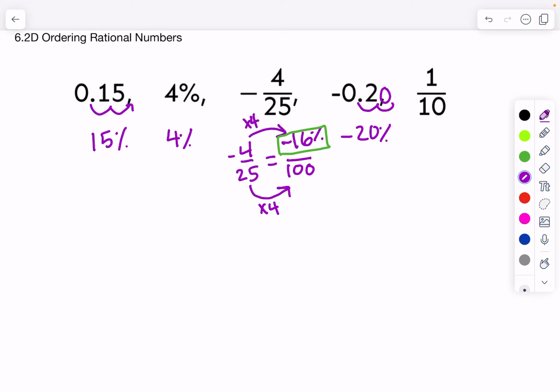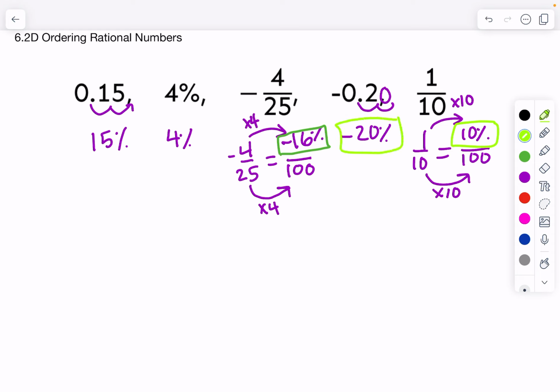I have a fraction, so I could divide or I could set up a proportion. Percent is out of 100. 10 becomes 100 by multiplying it by 10. I'm also going to multiply 1 by 10, which will give me 10%. So now I have 10%, -20%, -16%,